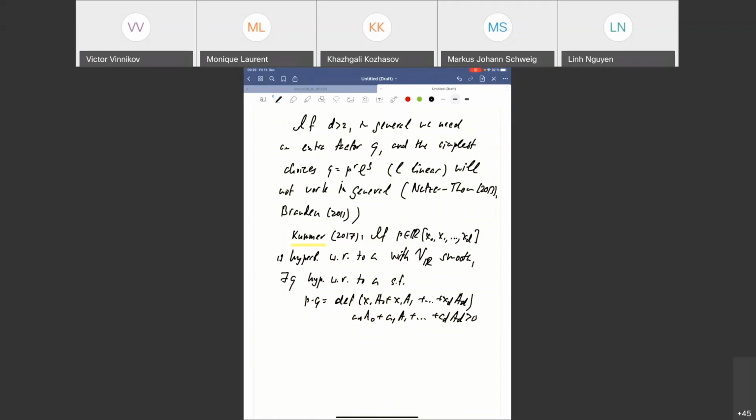So what is missing here, comparing to the generalized Lax conjecture, is two things. First of all, we have no control of the hyperbolicity cone of Q. We know that it can contain a, but nothing beyond that. And second, there is the smoothness assumption on V. And the result that I want to present today